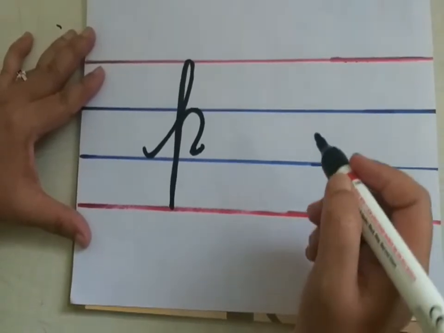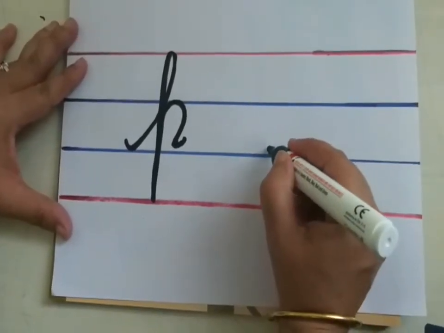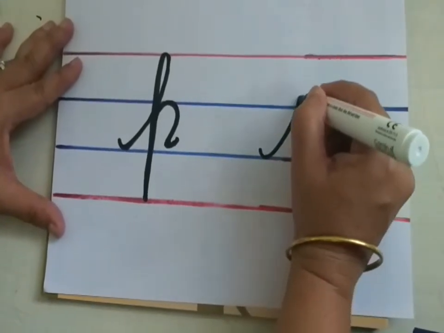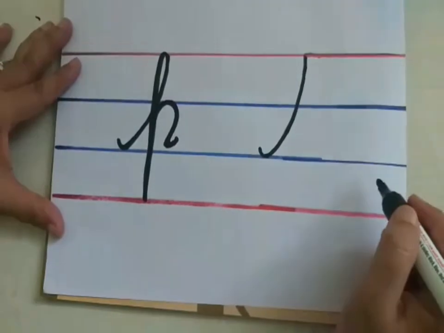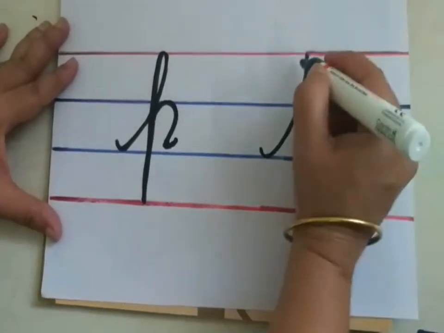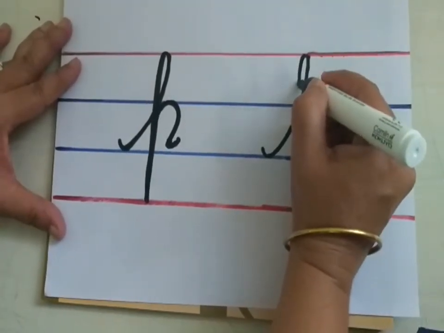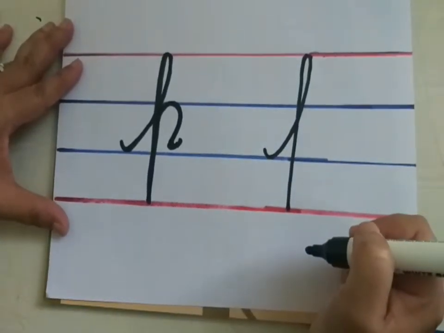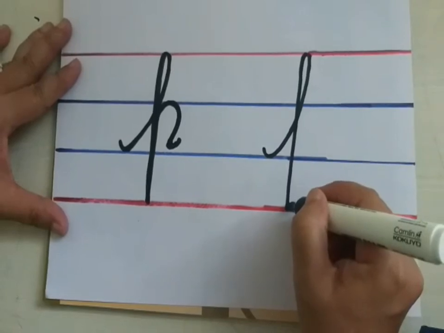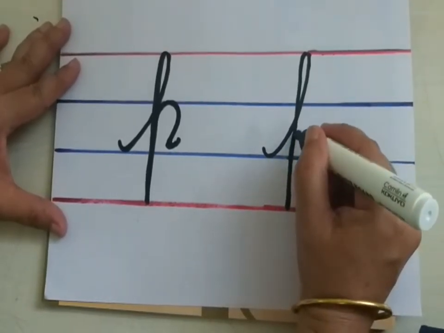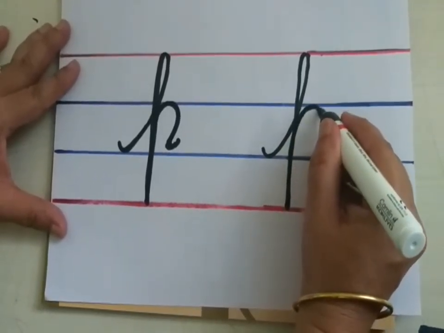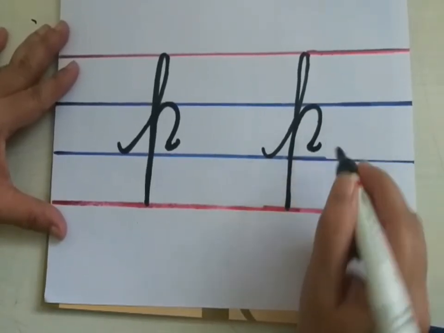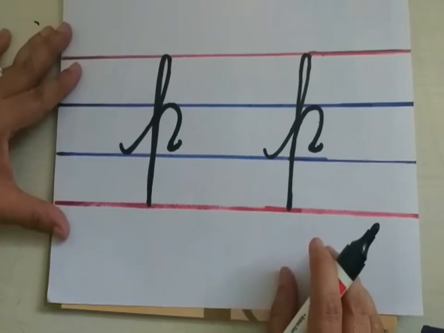Now shall we write once again this side? Make a small curve. Go up to the first red line, children. Like slanting line you have to go. Now turn back, children. Come down to the fourth red line, children. Down. Okay. Now again go up to the second blue line, children. Make a half curve like that. And make a small curve here. This is small cursive letter P.